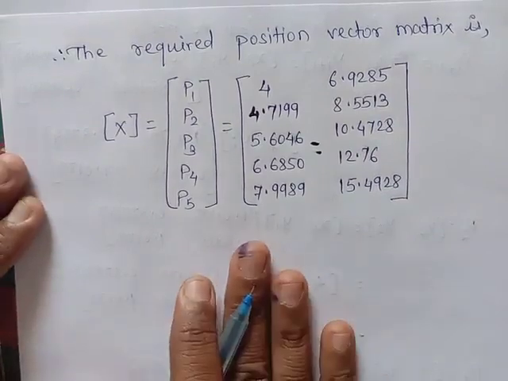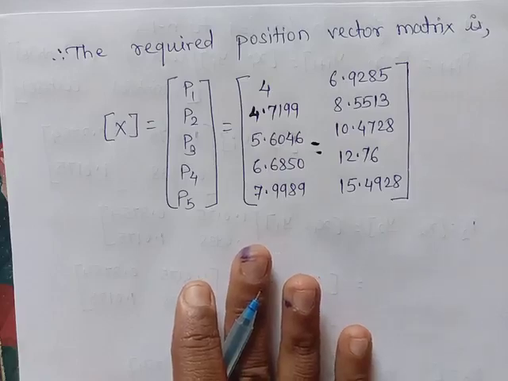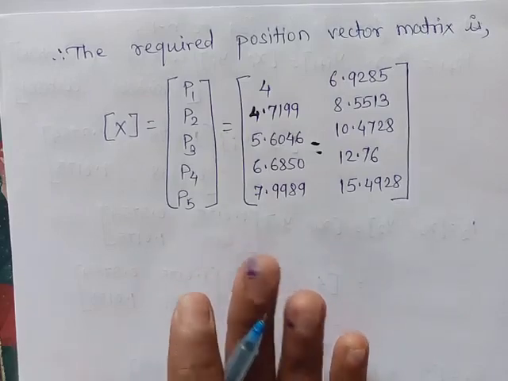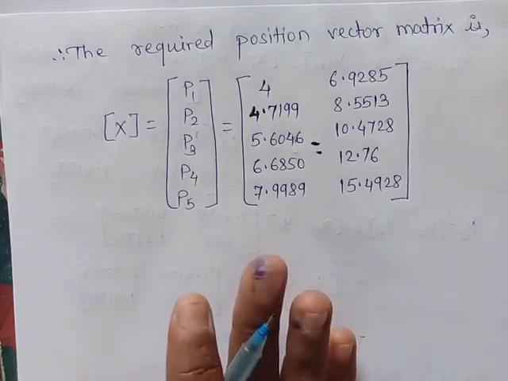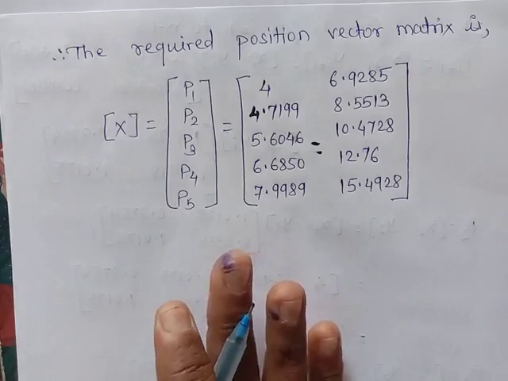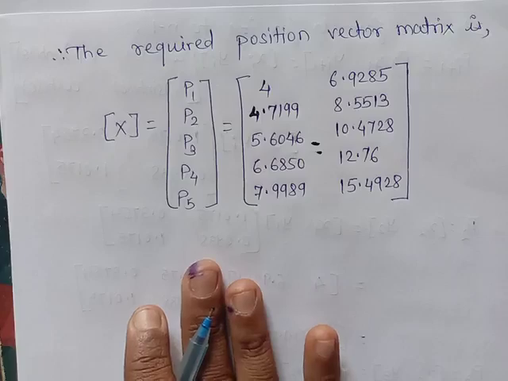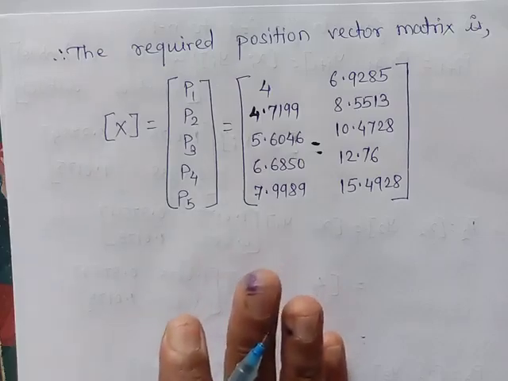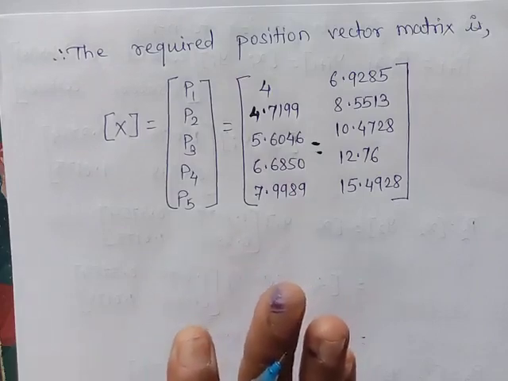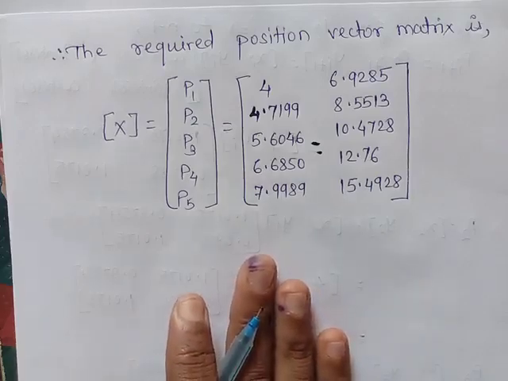Now here our chapter 3 is finished. In this chapter what we have seen: generation of points on a circle with center at origin and other than origin, generation of points on an ellipse, obviously on an arc of an ellipse, where we determine equispaced points. For that we are finding delta theta and all. Then there is also an ellipse with center at origin as well as center other than origin, parabola with center at origin as well as other than origin, and generation of points on a hyperbola also. So here chapter 3 is finished.